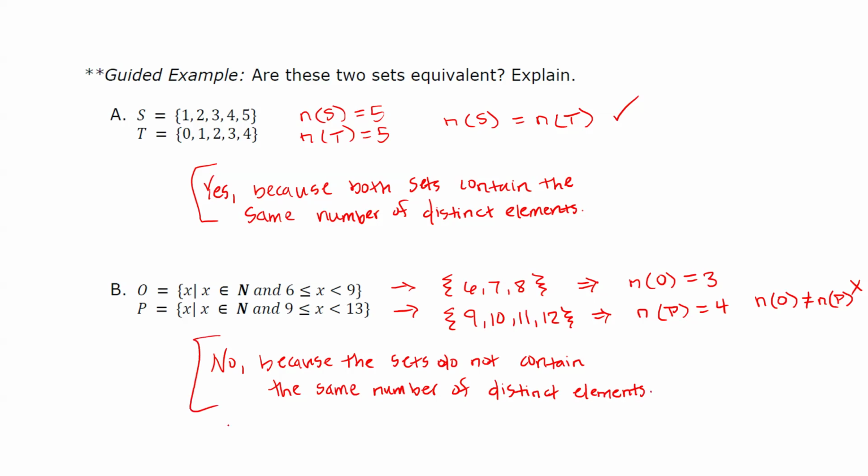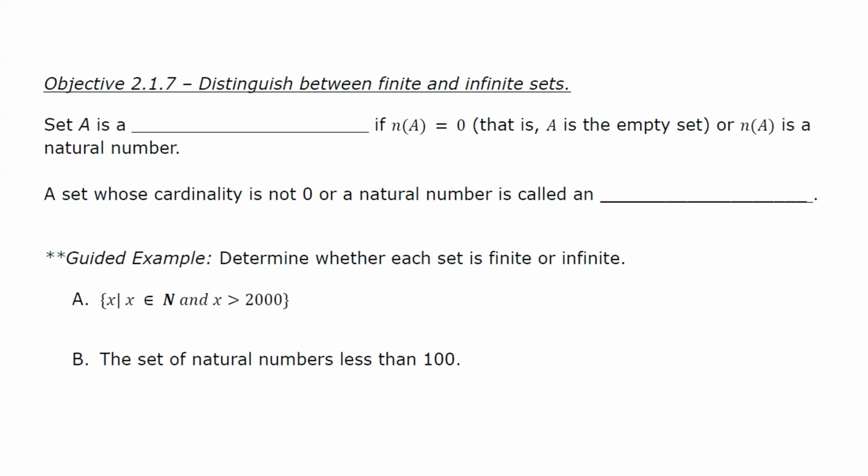All right. Objective 7: Distinguish between finite and infinite sets. Set A is considered a finite set if the cardinal number of A equals 0, that is, A is the empty set, or the cardinal number of set A is a natural number. A set whose cardinality is not 0 or a natural number is called an infinite